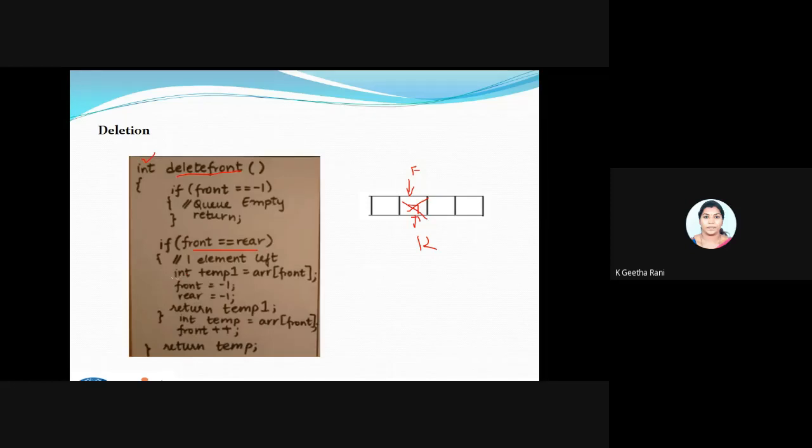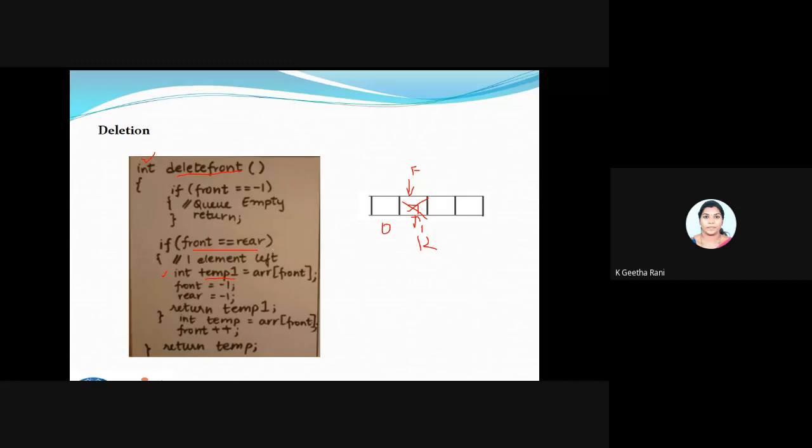We are going to use a different syntax here. Since I'm using an integer to get the deleted data, I'm storing this deleted value inside a variable called temp1. int temp1 is equal to array of front. Array of front is nothing but the value 7. For example, 0 and 1 are the indices, so array of 1 is holding 7 as data.